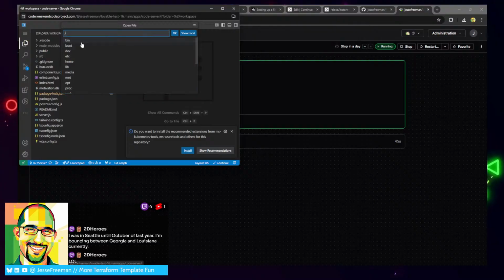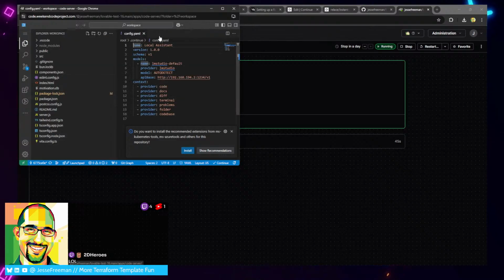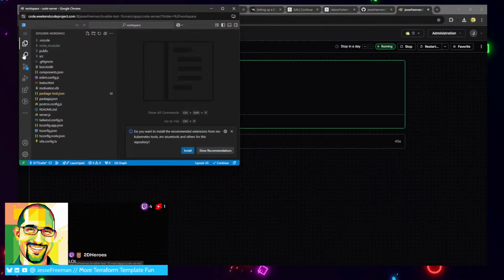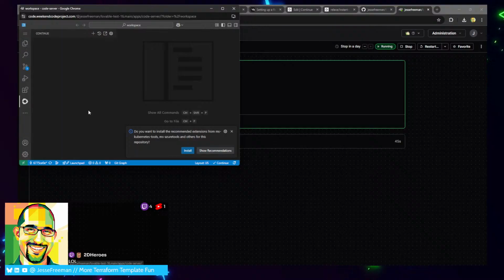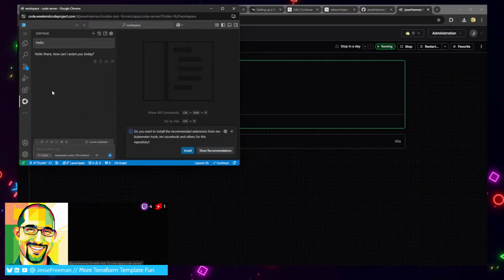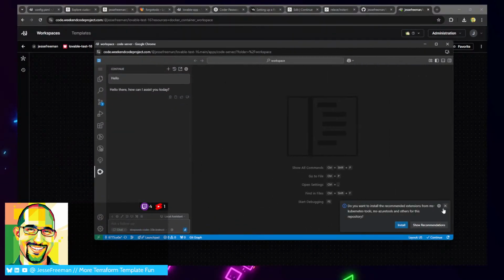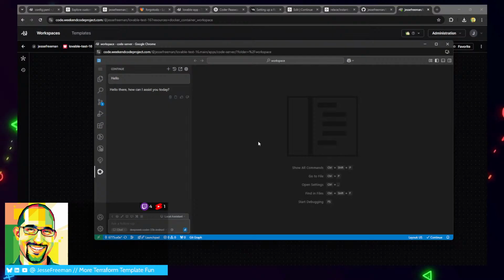Open file, root, continue.yaml. All right. It looks like it wrote this correctly. Let's now go to Continue. And bingo, it works. All right, that's cool. So now whenever I create a new development environment, or at least one of these Lovable ones, and I'll move this over to my other stuff, whenever I create one of these dev environments, it now will automatically give me a fully configured, locally running